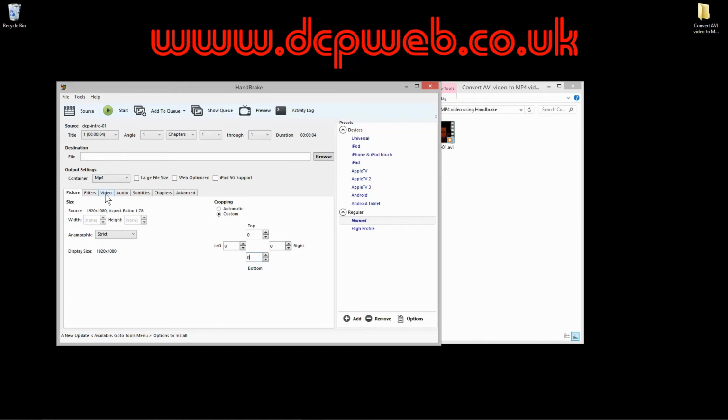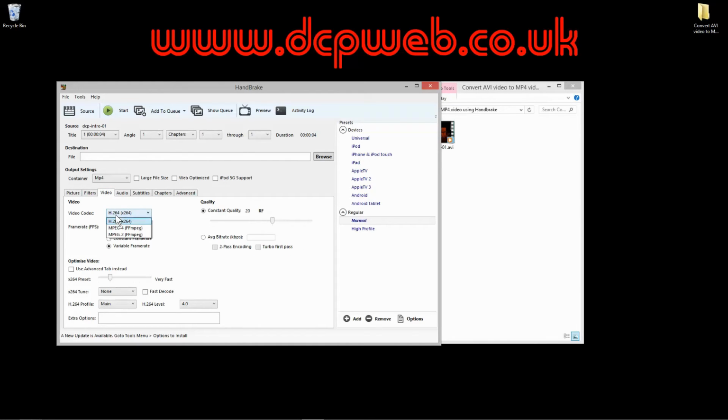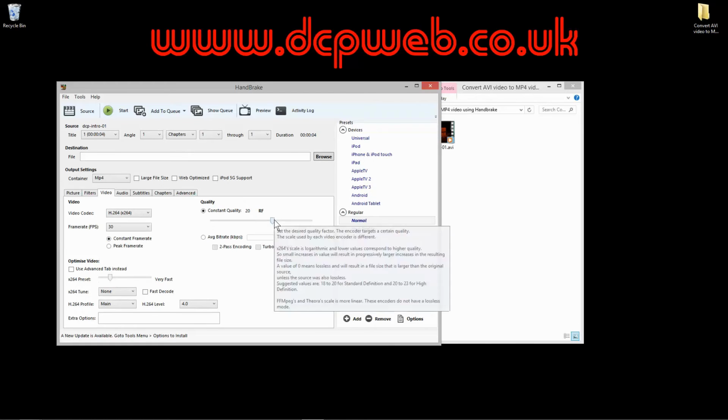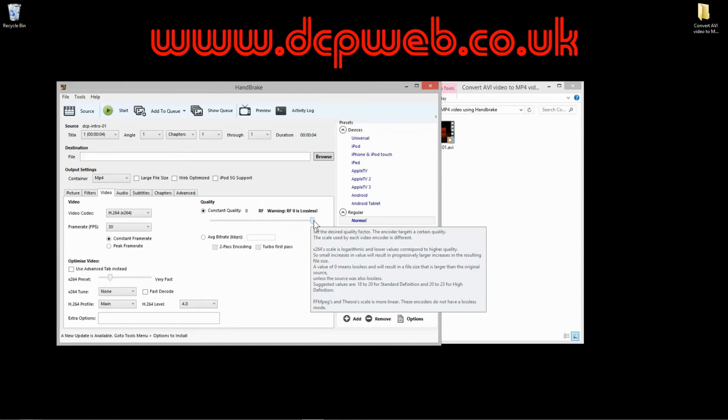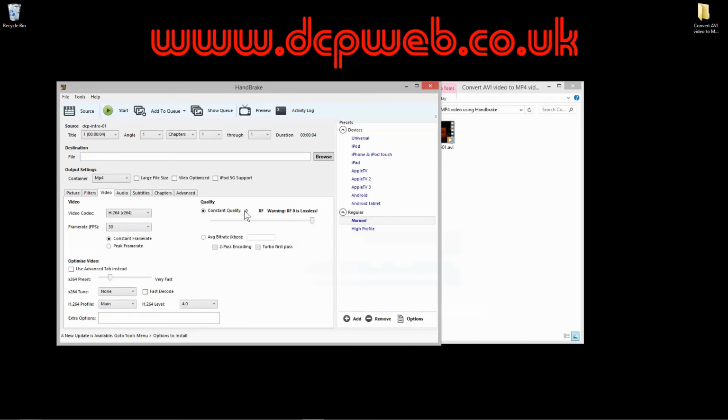And then go to the video settings here and set it to H.264 and set it to 30 frames a second and set it to constant frame rate. That's quite important. Set it to constant frame rate and set it to highest quality, so you don't lose any of the video quality. You can click on the browse button here now,